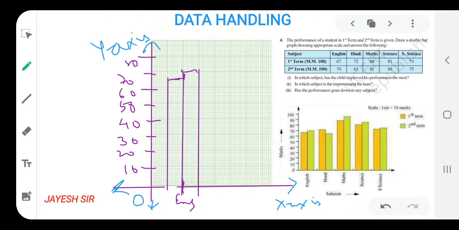So let us draw for maths, as we are learning about maths only. But the marks are greater. We cannot draw for maths because it will make the bar graph too small for drawing maths. So let us not think about it like that. Let us draw for Hindi only. For Hindi it would be 70 to 80, that means it's somewhere between 70 and 80. So in this way for 72 we can draw, and next is 65. So for 65 it would be somewhere over here.